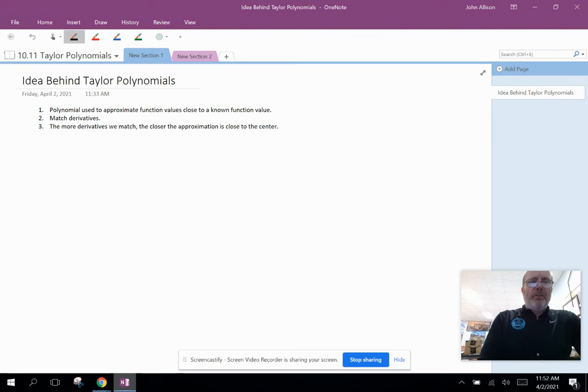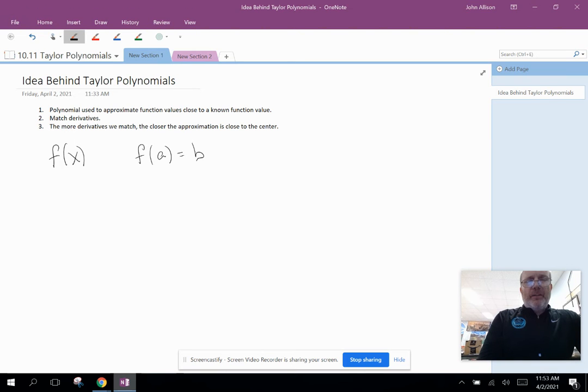So what is a Taylor polynomial? It's a polynomial that we use to approximate function values close to a known function value. So we have to know at least one value on our original function that we're trying to approximate with a polynomial before we can use a Taylor polynomial. So if we have some function f of x, and we know that f of a equals b,